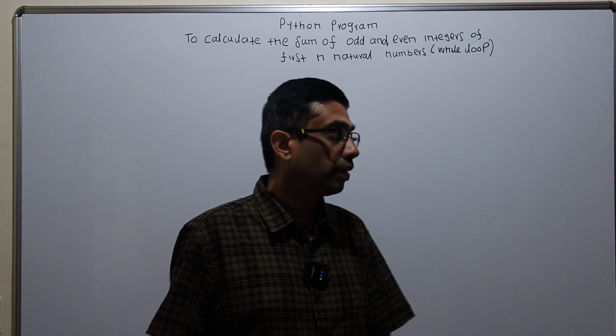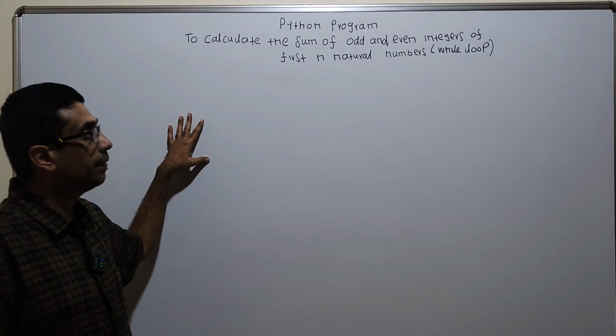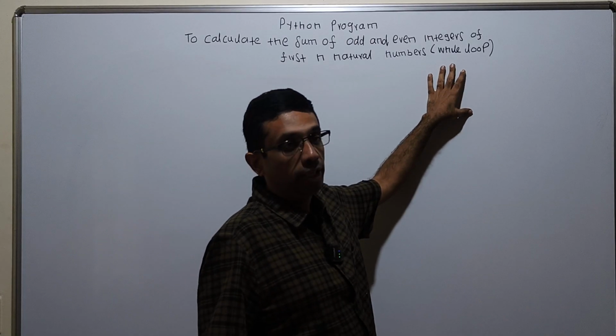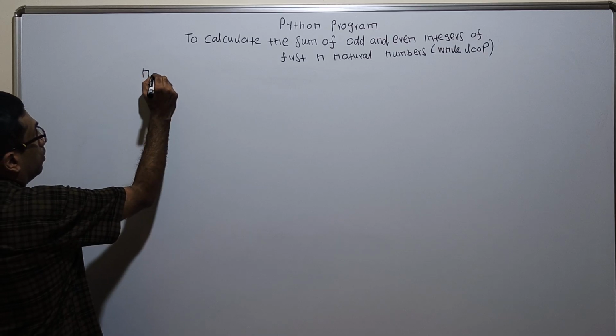Hello friends, we are going to write a Python program to calculate the sum of odd and even integers of the first n natural numbers using a while loop. Here I am having variable n equal to